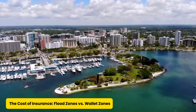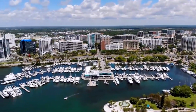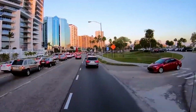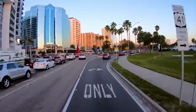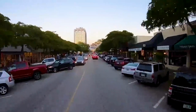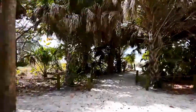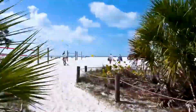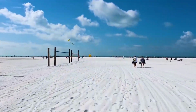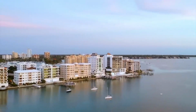The cost of insurance, flood zones versus wallet zones. The financial implications of being located in a flood zone extend beyond just property valuation. Insurance premiums also come into play. For South Florida properties, the cost of flood insurance can vary widely based on the designated flood zone. For example, in high-risk zones like AE, insurance premiums can reach up to $3,000 annually for a home valued at